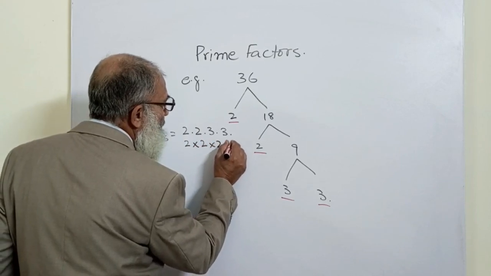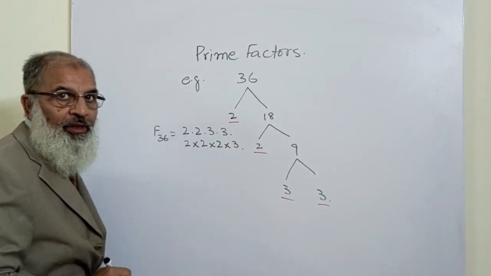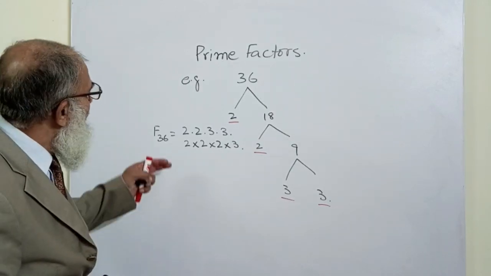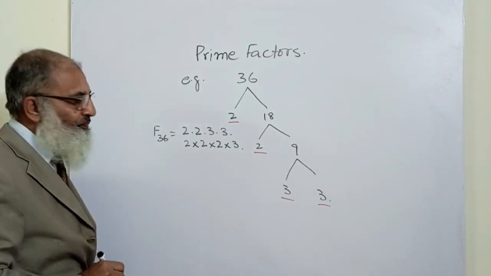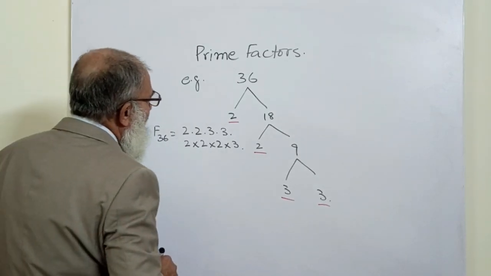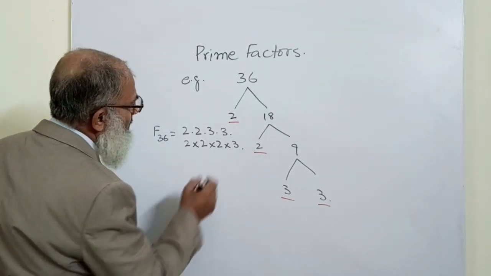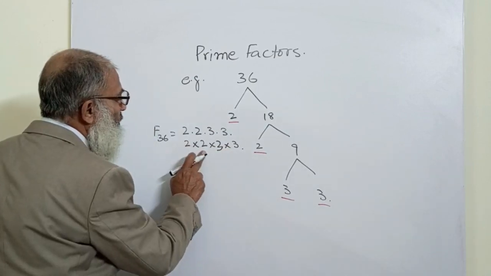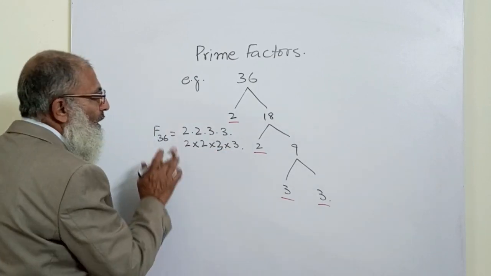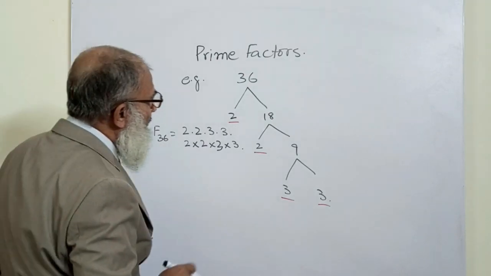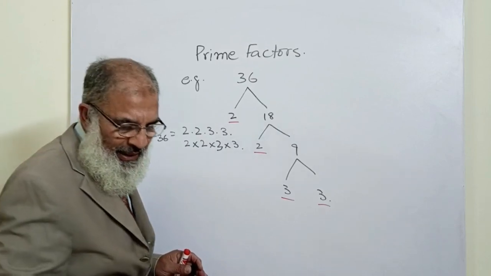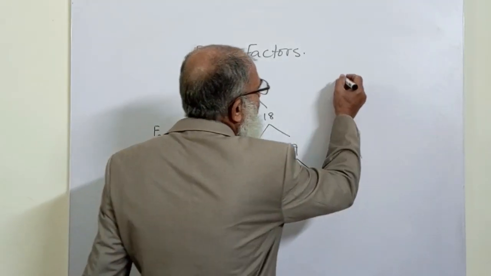It is up to you, and if your coordinator, if your teacher allows it to do it, 2 multiplied 2 multiplied 3 multiplied 3. So there is another way of doing the same question, but I take another example for that, and that is